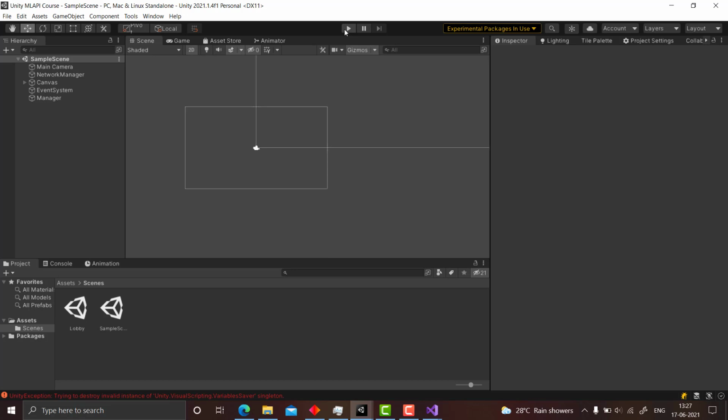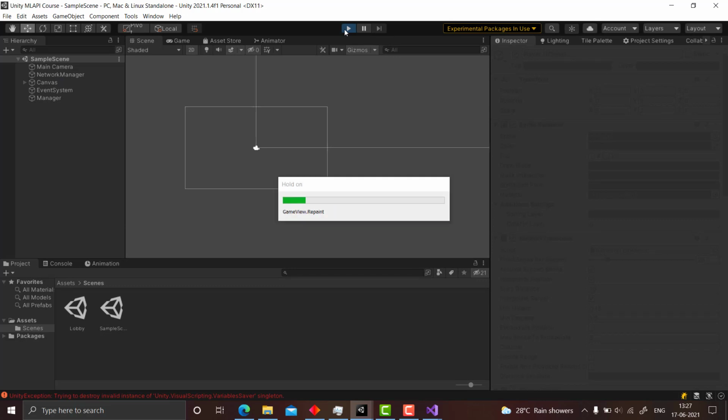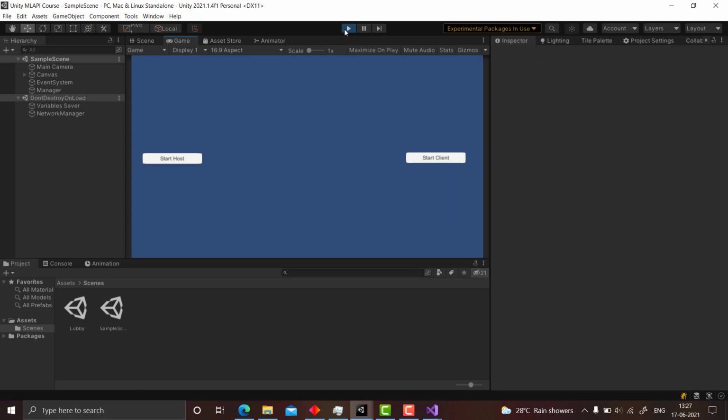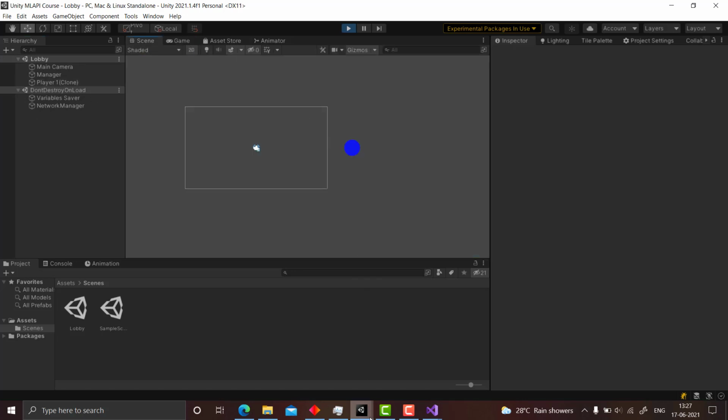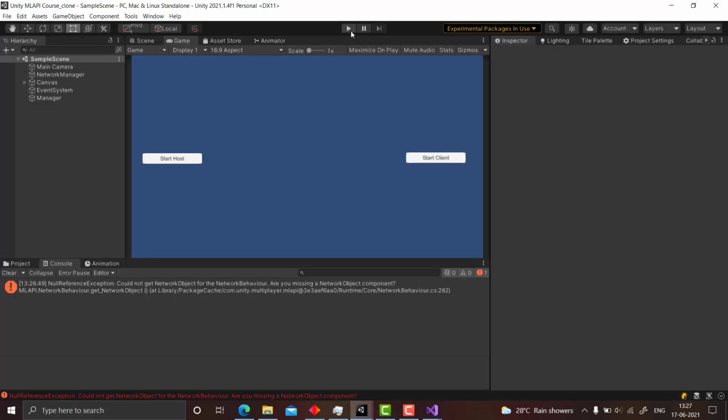So as you can see, when we made the server RPC, everything worked as it should, and earlier it wasn't working and was coming back to the old screen. So start host, and the player spawns, player one clone, which is somewhere here, and when we click on play here,